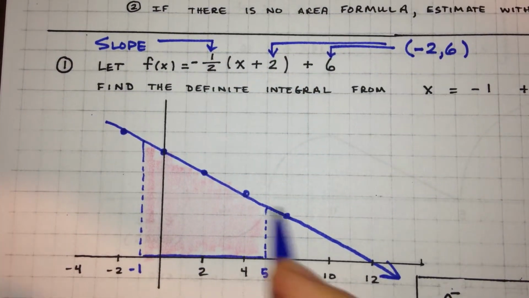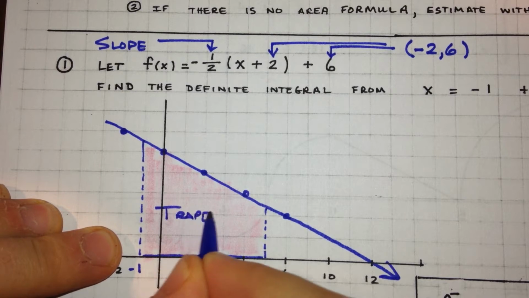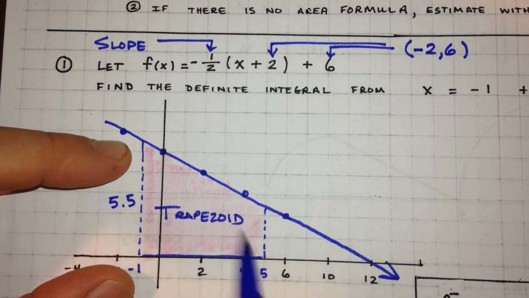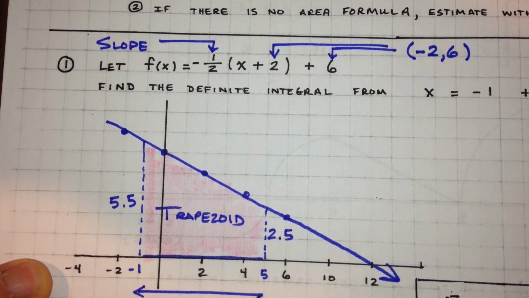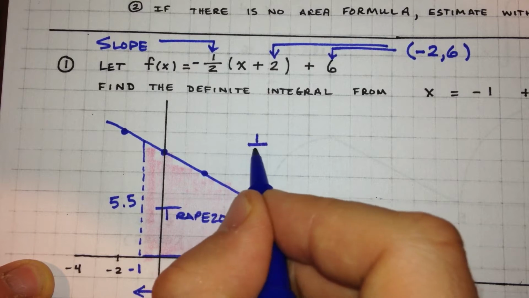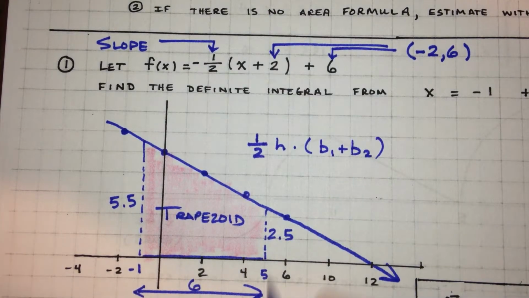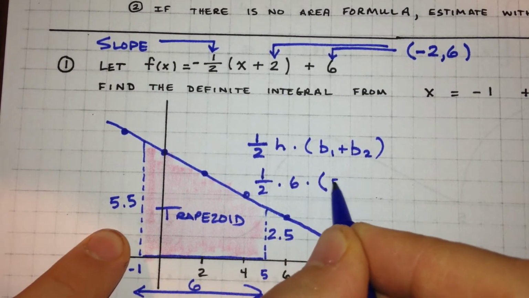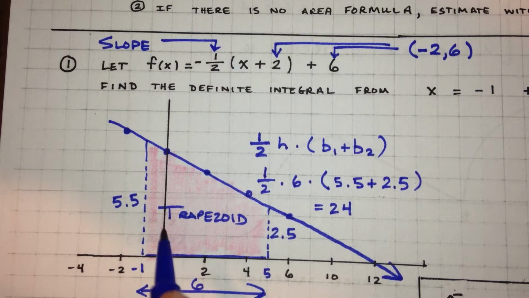Now in the case of this problem, I would not break it up into a bunch of little rectangles, because what we're looking at here is a trapezoid. In this trapezoid, one of the bases has a height of 5.5, and the other base has a height of 2.5, and this height right here is a length of 6. So we can find the area simply by using the formula 1/2 the height times the sum of the bases, which would give us 1/2 times the 6 times 5.5 plus 2.5, which works out to give us 24 is the area bounded under